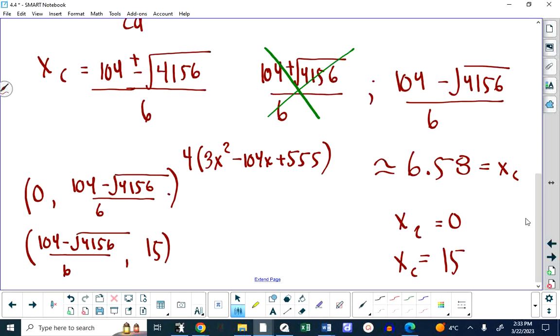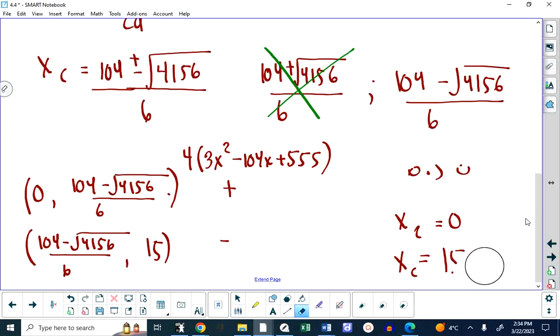And if I put 1 in, I'm going to get 555, I'm going to get 441, I'm going to get 438 times 4. Well, it's going to be positive. I don't even need to go any further. And here, I'm not so sure if there's a nice number that's easy to work with, but you might want to choose 7 or 8 or 10 or I don't know. But I will leave it to you to confirm that if you put a number in the derivative between the 6.58-ish and 15, you're going to get a negative. Which means,